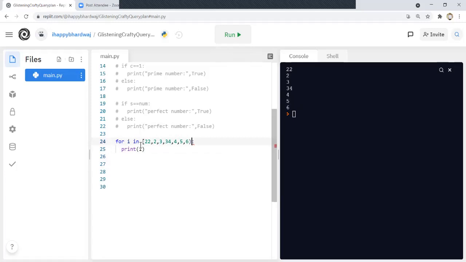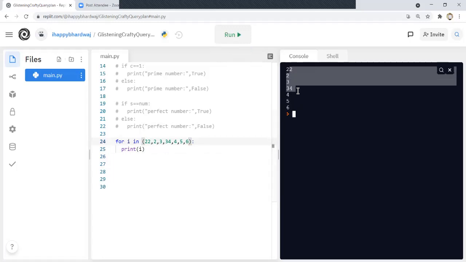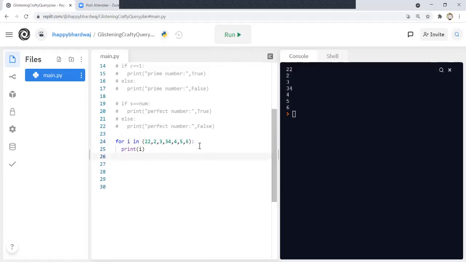Similarly, you can use a tuple here, and it will do the same. If you use a set, it will also do the same. Also, you can use a string here, and it will print the values of this string as it is.